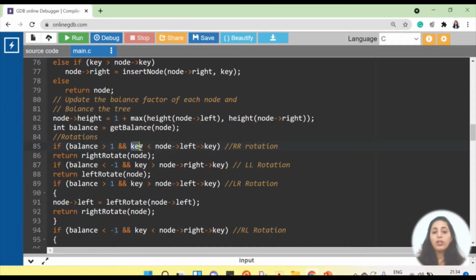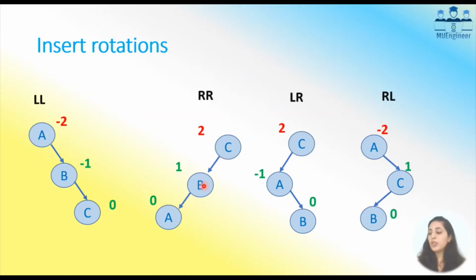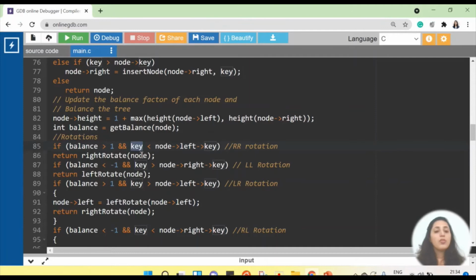Yeah, so the key or the value which you added is less than the node's left key. So the node's left is lesser than the node, and obviously the new node which you added is also lesser than the left child. That means you have added the new node in the left of left. In that case, we are supposed to apply the right rotation on C. So what will I do? If these conditions are true, I have to apply right rotation, and I'm just applying a right rotation for the given node. Okay, and whatever is the value, I'm returning to the user.